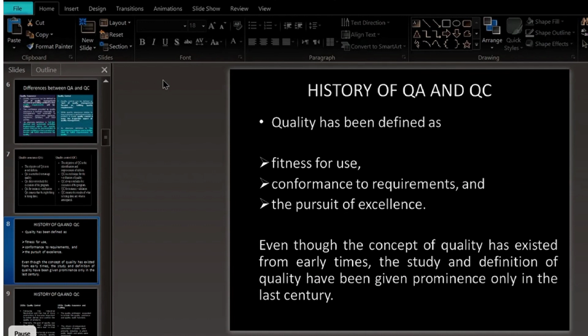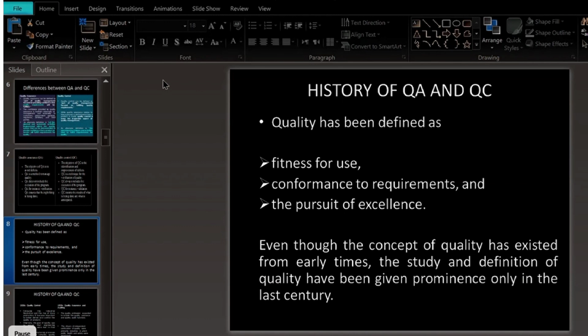So, conformance to the requirements, of course, the pursuit of excellence, even though the concept of quality has existed from early times, the study and definition of quality have been given prominence only in the last century. ऐसा नहीं है कि, क्योंकि देखें business setups right from the very beginning, जब से इंसान है तब से तिजारत है, और जब से तिजारत है तब से quality assurance और quality है। तिजारत मैंने इसलिए यहाँ पे ट्रेड का वर्ड यूज किया बिकॉज ये वो बिजनेस है जिसे हम हिस्ट्री से, बहुत एंशिएंट हिस्ट्री से ट्रेस आउट कर सकते हैं, the buying and the selling, the customer and the client, and so on. So quality assurance and quality control right from the ancient times exist करता है,